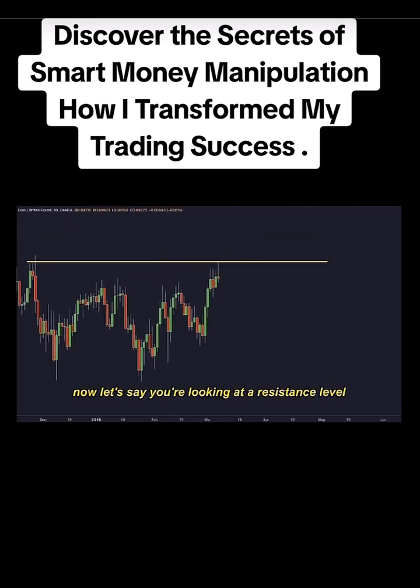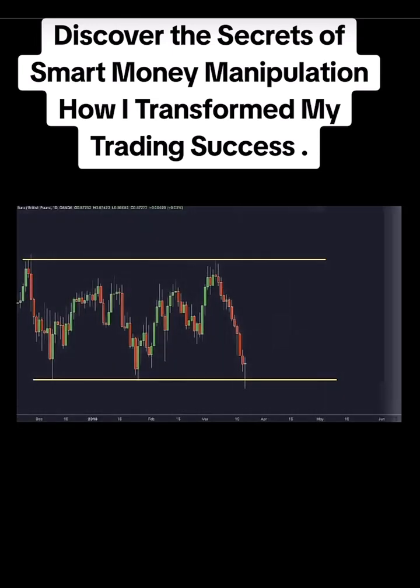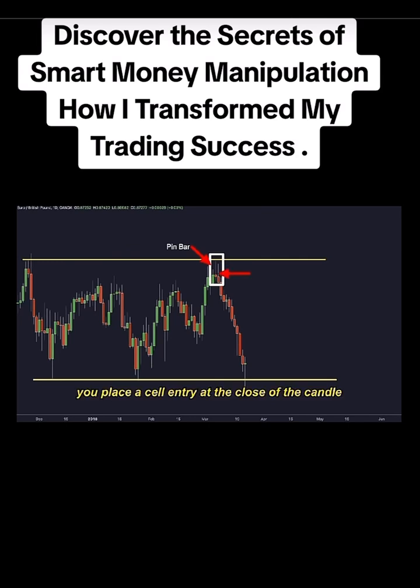Now, let's say you're looking at a resistance level and notice a loss of momentum as the candles get smaller. You wait for a bearish pin bar as your confirmation signal. When this pin bar appears, signaling that buyers have lost control, you place a sell entry at the close of the candle, set your stop loss just above the resistance level, and target the next support level below for your